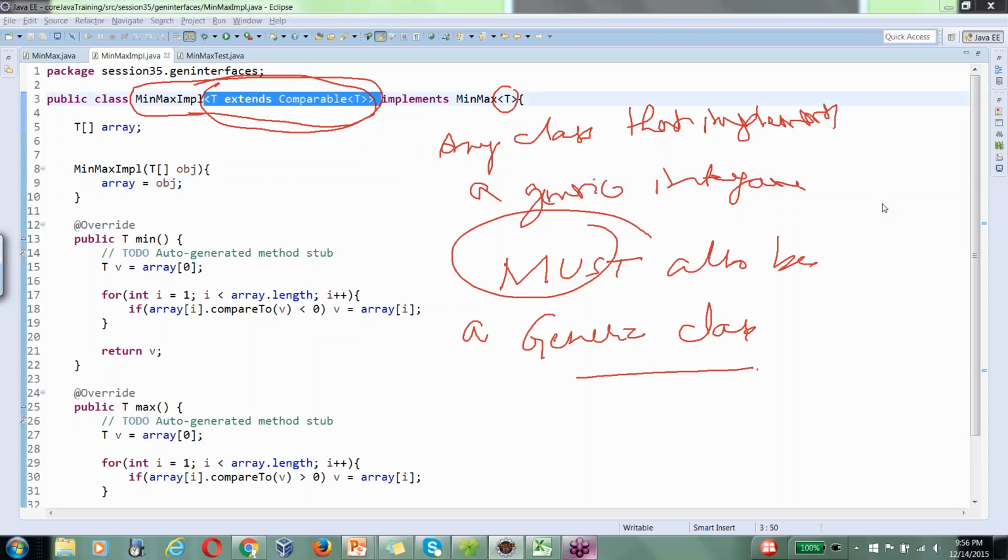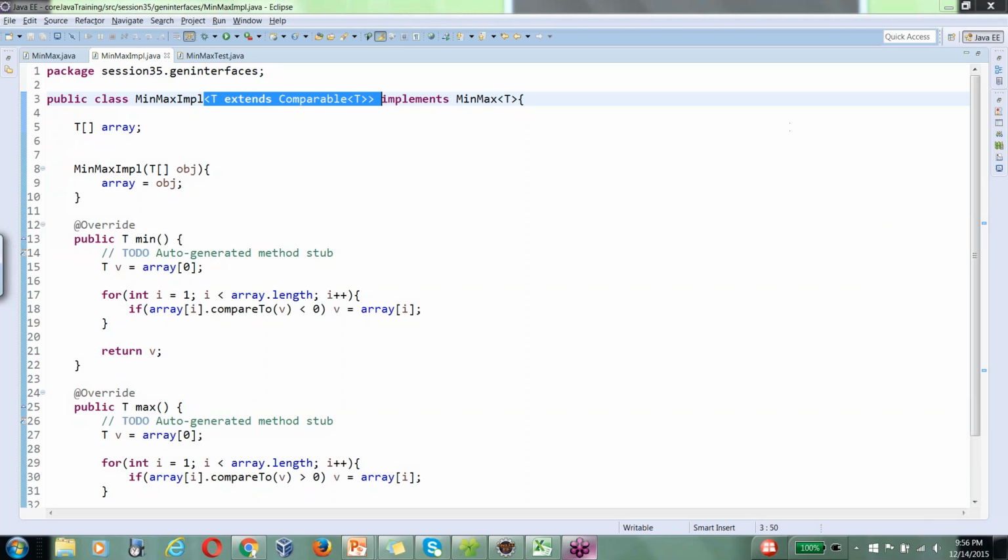Once this particular type parameter definition is done here,